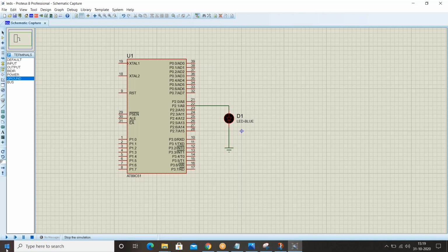Okay, first of all, let me run this to see whether it works or not. Fine. Guys, why have I not written any code for the LED, but the LED becomes on? How does it happen? I ran the Proteus here, but without writing any code, the LED becomes on. What is the reason behind it? Can anybody respond in the chat box?